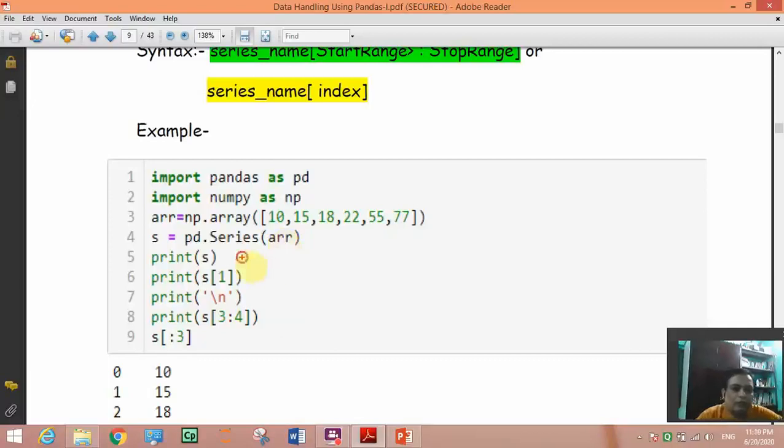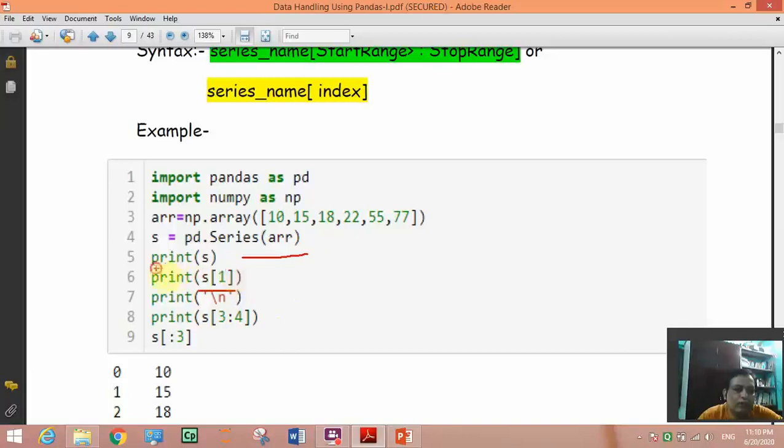So here is the way how to select. S[1] means what will it give? The element at index 1.